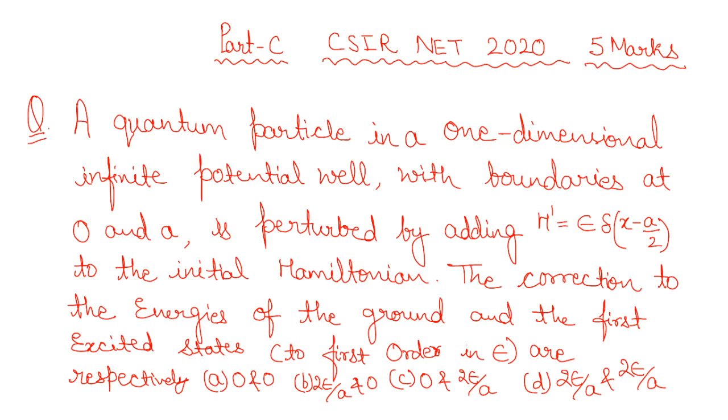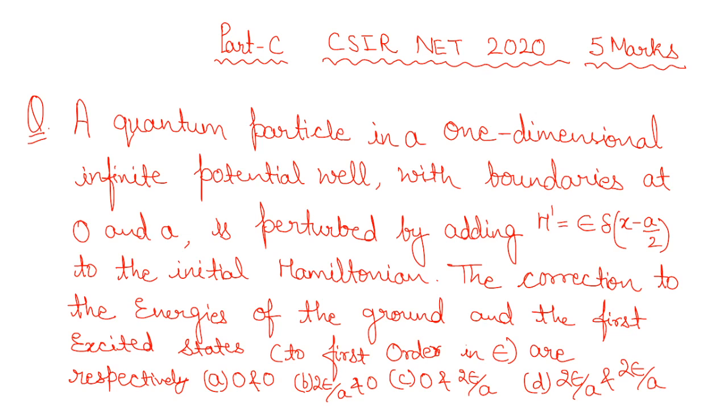And guys, today in this video we will be discussing a question from the CSIR NET 2020 exam. This is a Part C question, meaning a 5 marks question. I will be discussing it, and it will be a quick explanation of the concept involved in this question. Even if you know that concept, you can try to solve it right now and see which option is correct according to you. But if you don't know about that, you will get it quickly after this discussion. So let's talk about it, guys.